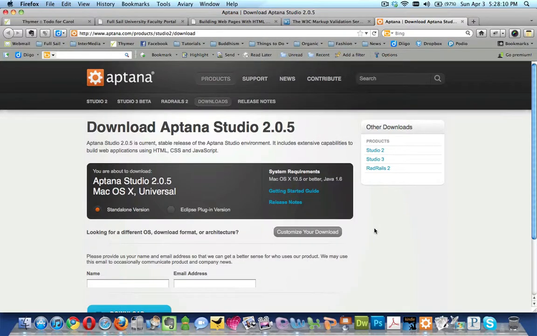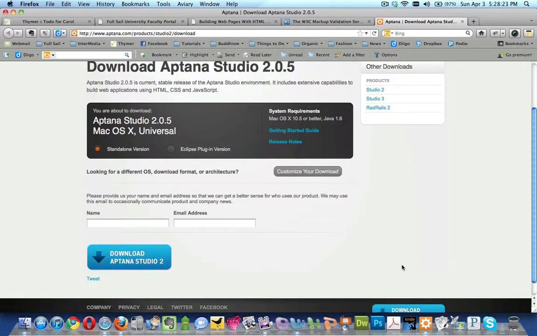In this video, we're going to walk through how to use Aptana Studio to create your first HTML5 document. So if you have not yet downloaded Aptana, be sure to go to the link, select standalone version, and just click download and go ahead and install that on your Mac. And then once you've done that,